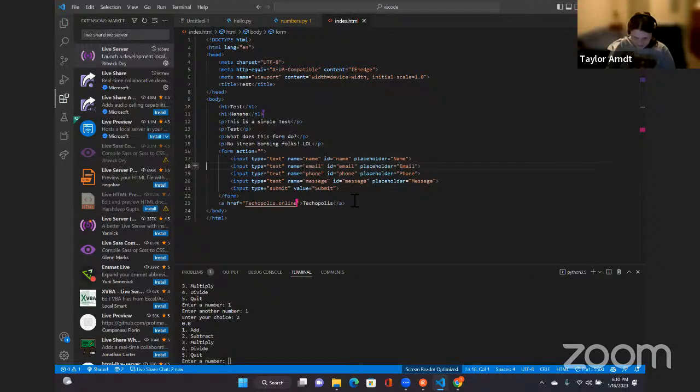<input type="text" name="email" id="email" placeholder="email"> <input type="text" name="phone" id="phone" placeholder="phone"> <input type="text" name="message" id="message" placeholder="message"> <input type="submit" value="submit"> </form> <a href="techopolis.online">techopolis</a> </body> </html>